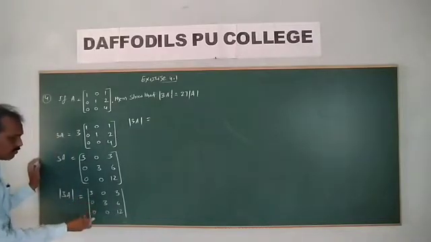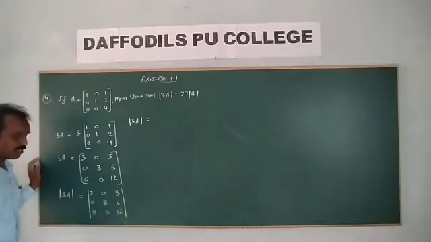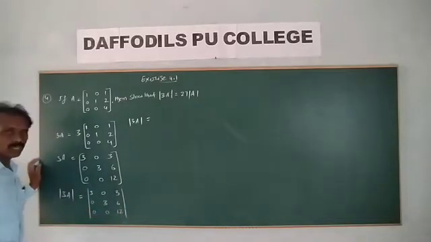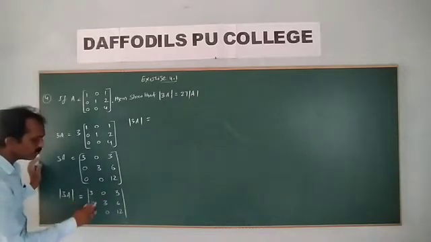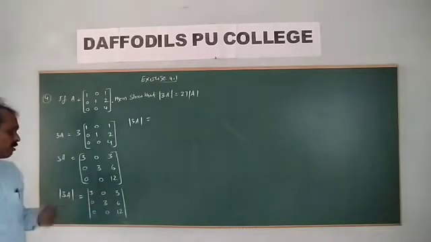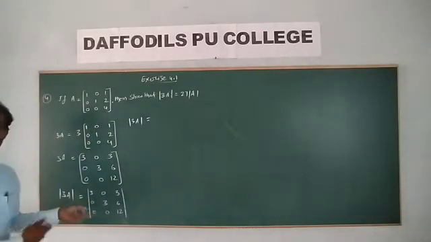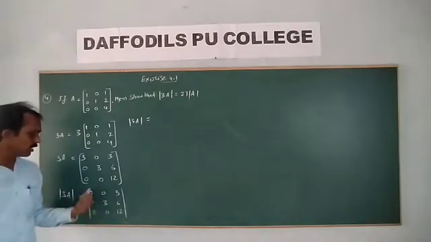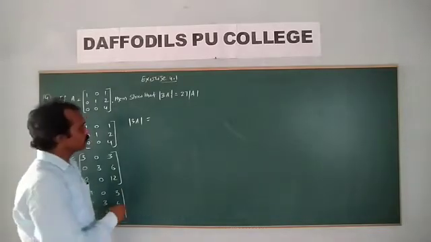So we can expand with respect to R1, C1, or R3. In C1 there are 2 zeros, and in R3 also 2 zeros, so they are easy to calculate. Compared to the first row, that is better, but it can also be solved with respect to R1. I'll solve with respect to R1. That is your choice, students' choice. Consider either C1 or R3. Okay, with respect to R3.